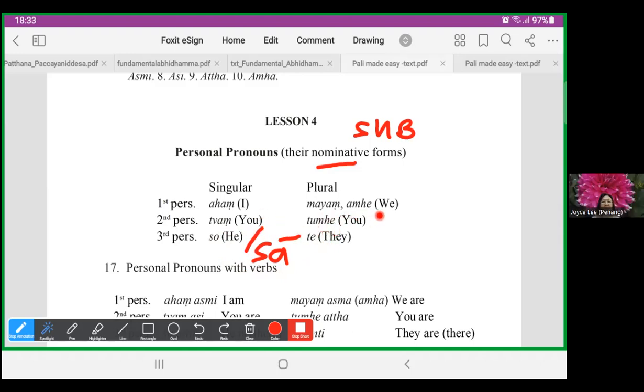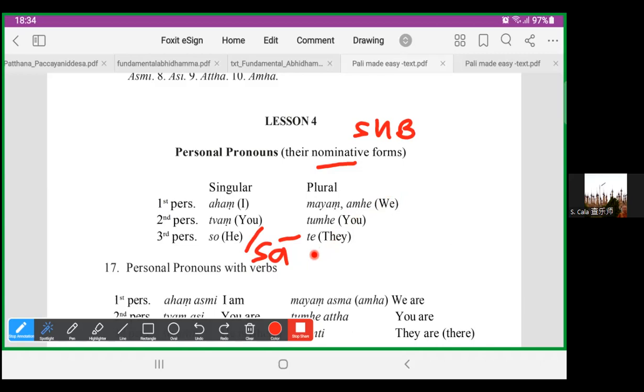Why from the third person? I thought from the first person. No, because we learn from the T N T, sita, mima. T N T is always third person. So we follow this one, because so is easier to remember than aham, mayam, amhe. So we remember the easiest one, and the mind will not be so tired. Okay, next person.